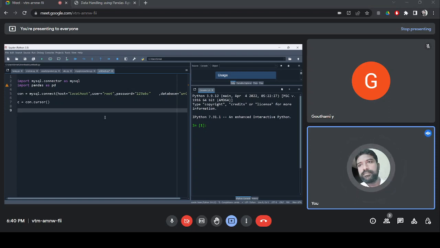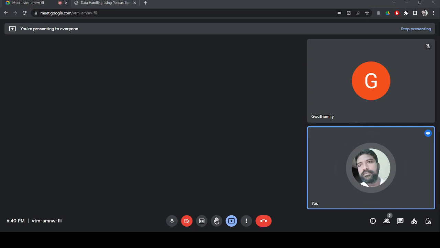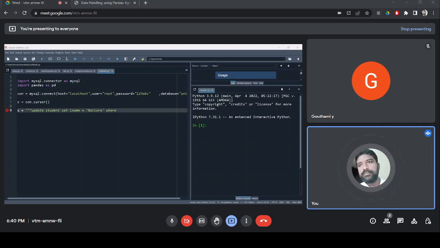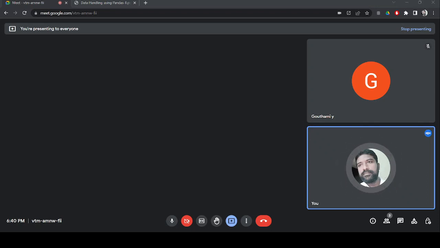So far no issues. Now I want to create a string, I will put it in triple quotes. Update, what is the table name? Student. Set L name equal to, tell me father name, something, otherwise you tell me your city name. Yeah, Nellore. Okay, simply for the sake of experiment, Nellore, where the roll number ID is 100. What is the column name? Roll number. So in the program string when we create, where roll number should be equal to, or